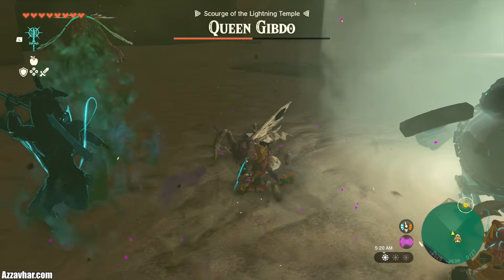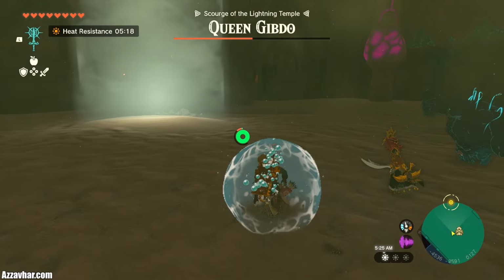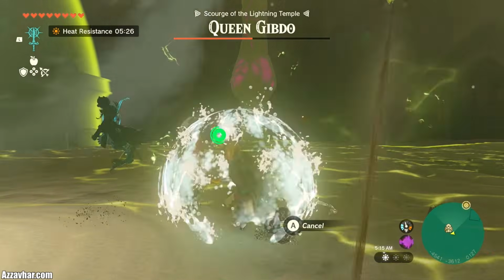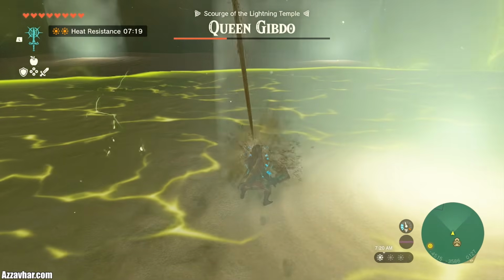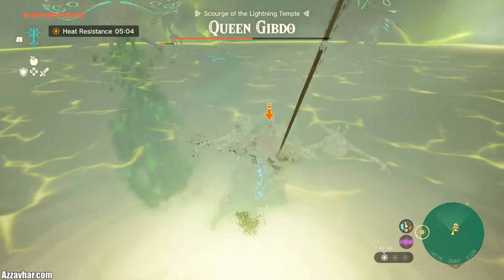So with this one, there's 2 main ways that you can deal with it. One is you can press on Sidon and get Sidon's ability if you do have Sidon with you, which is the ability where he gives you water protection and you can tank 1 hit. Or if you don't have Sidon, then just whip out your shield and hold block. As long as you're facing towards Queen Gibdo whilst you're holding block, it should block the entirety of this sand